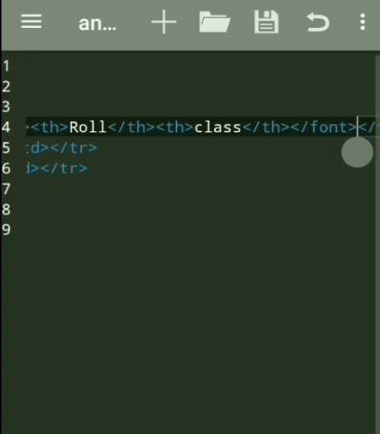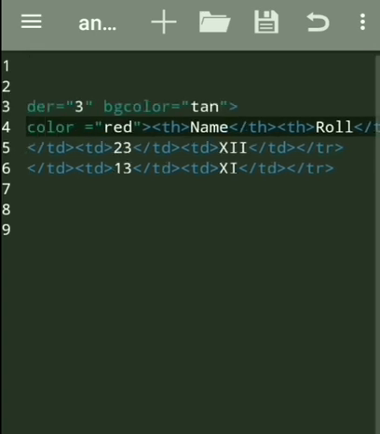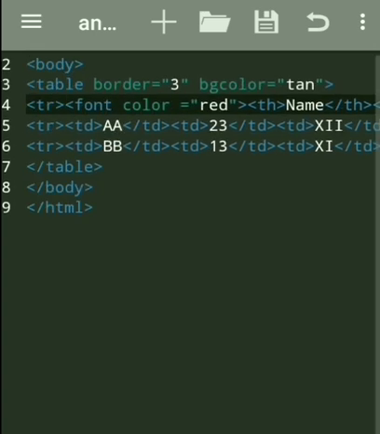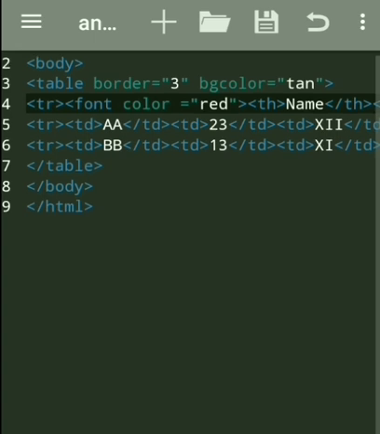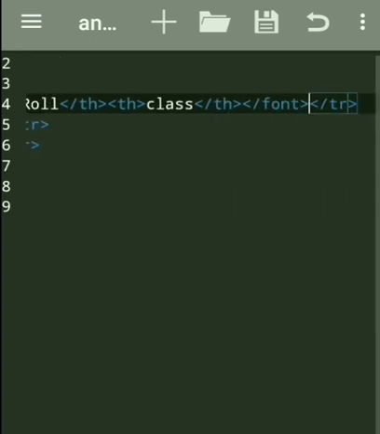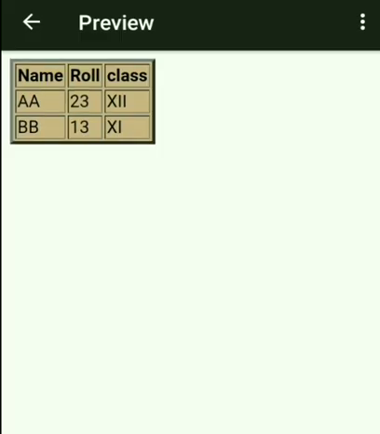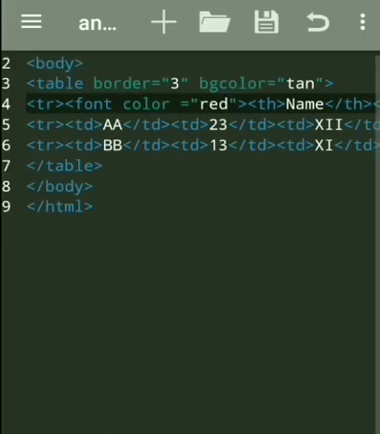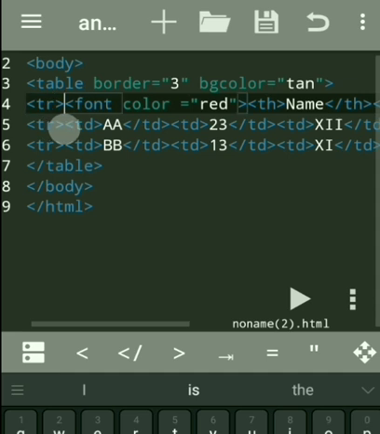Let us see what will happen. Here I write font at the beginning of the heading and at the ending of the heading. You see, the color of the heading will not change. So we have to use this font color for every heading element.